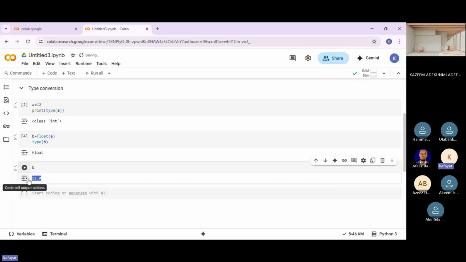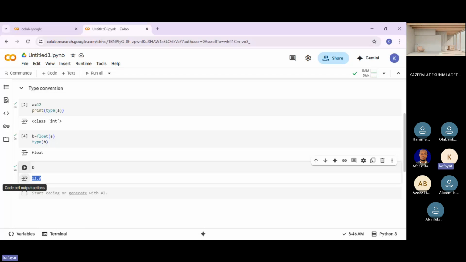Are you seeing it? So this tells me that there are some data types that, once they are in a convertible format, I can easily convert from one data type to another. Not all values, anyway.